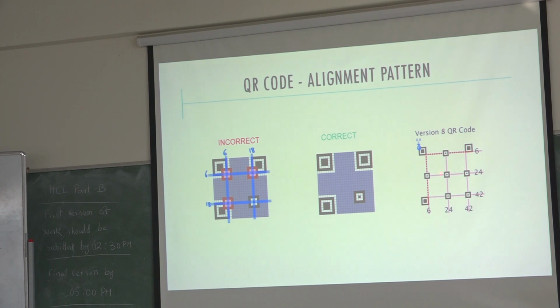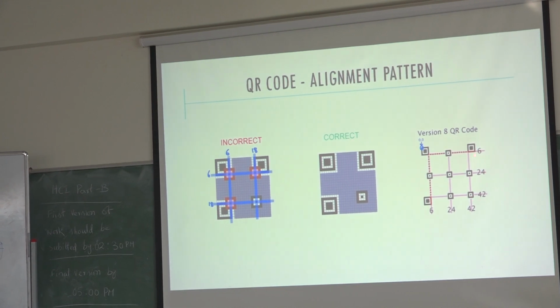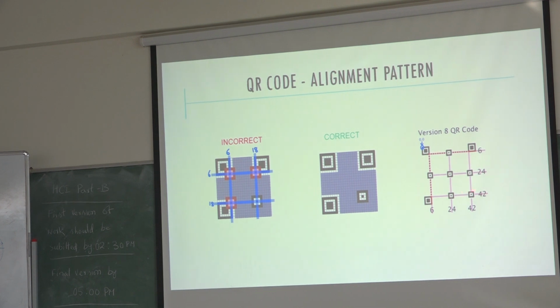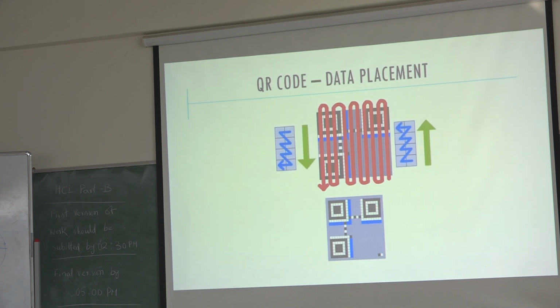Position 8, so we have these many things. Alignment pattern. When the QR code starts reading here, it has to go straight. In case the image is tilted and it goes like this, when it reaches this pattern, it understands, okay, the image is somewhat tilted. Based on that, I have to adjust the timestamp. Based on that, it will try to read the value.